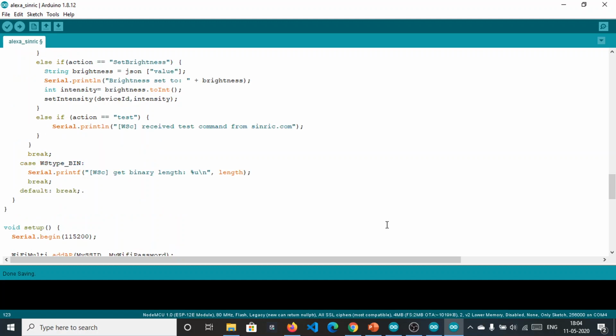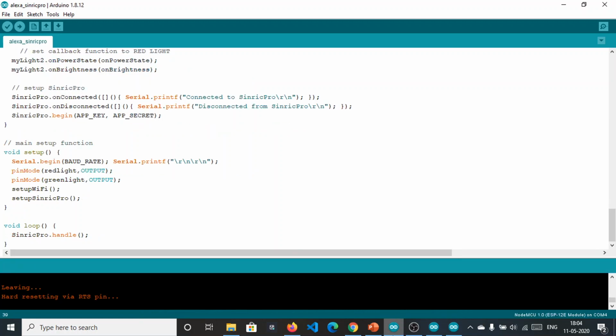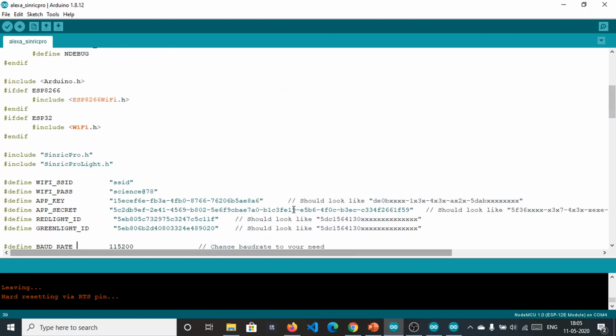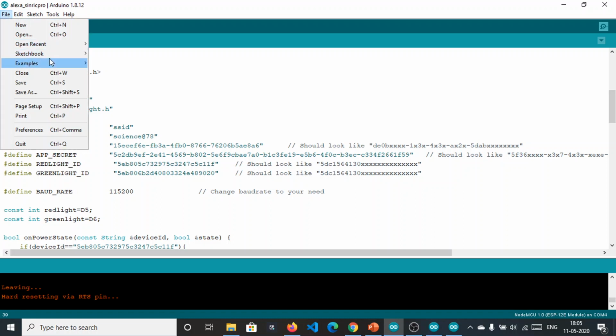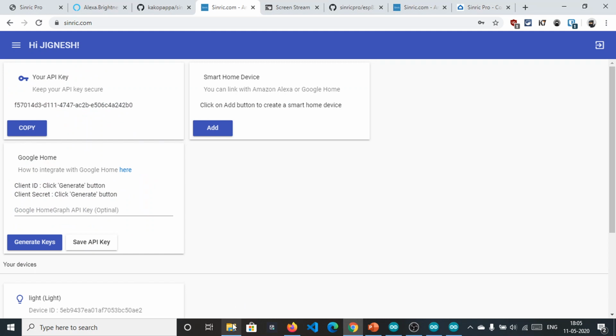So first we have this sketch, Alexa underscore Synric Pro. This is the modified version of this sketch. To import the library of Synric Pro, you don't need to download the GitHub repository of Synric, which we did in the previous case.